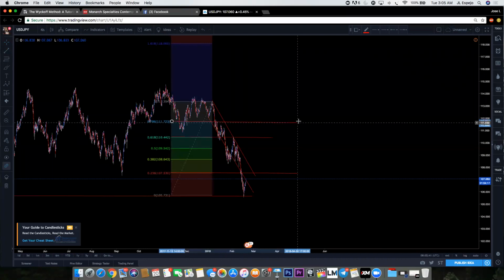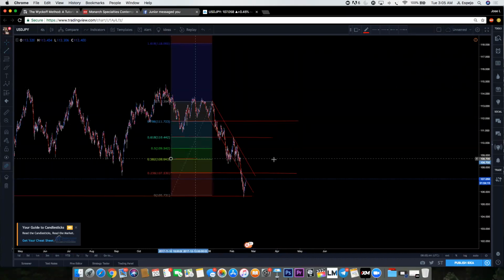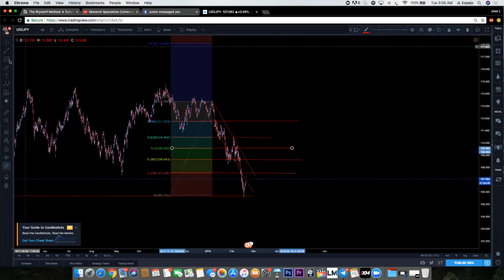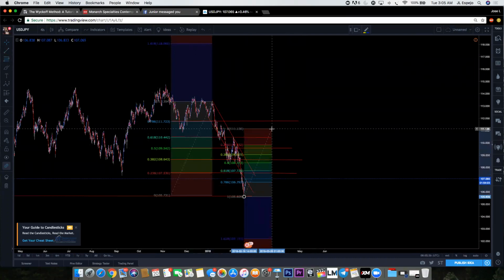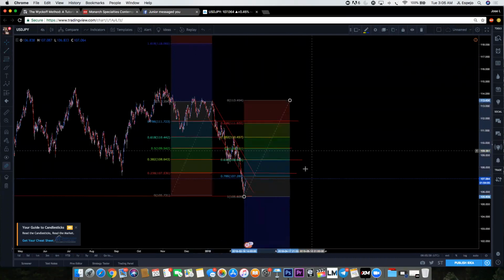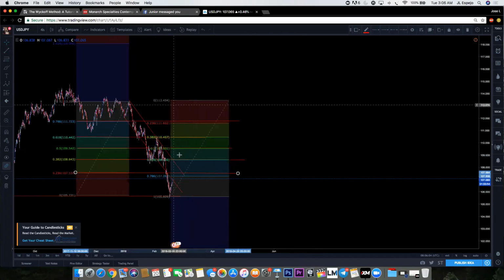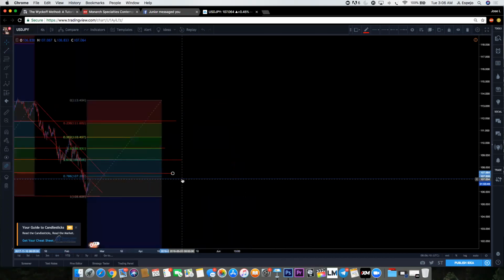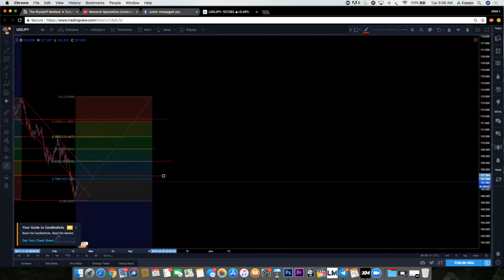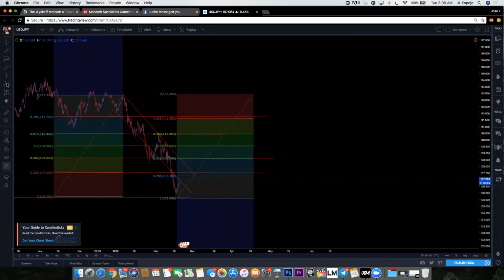we can say to ourselves a few things. All right, so I know where support and resistance is. I know where the key areas of retracement based off of my Fibonacci is, right? And if it helps you better understand, you can draw a Fibonacci from the bottom up. And we can now see here that within these zones, there are also other areas where the market would respect it. So I can say to myself here, all right, if I'm trading this, and I'm trying to predict, because that's what the Elliott wave is going to help us do, predict the motion of the market, I can say to myself, all right, so here's one touch, here's two touches,